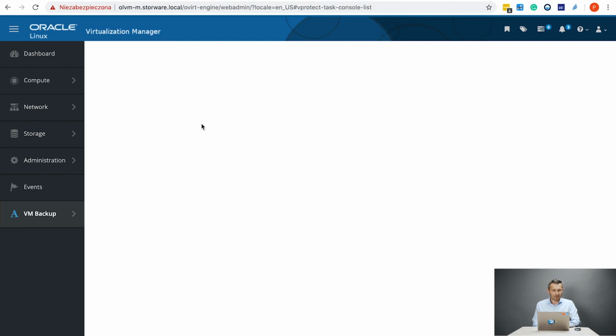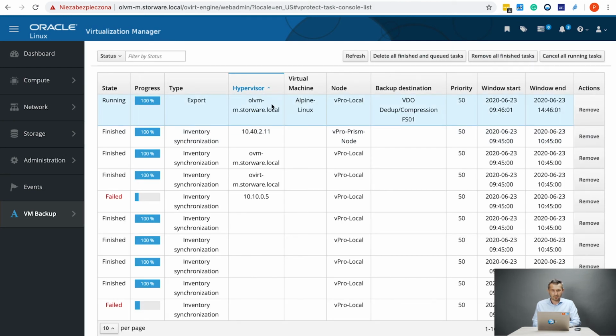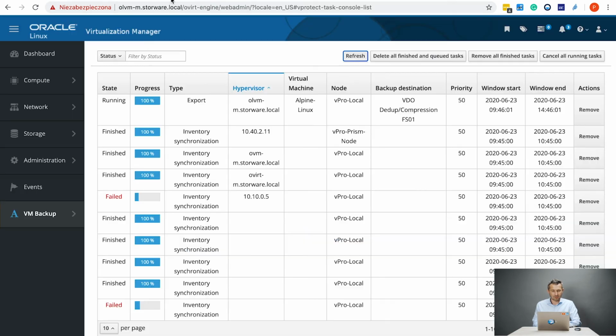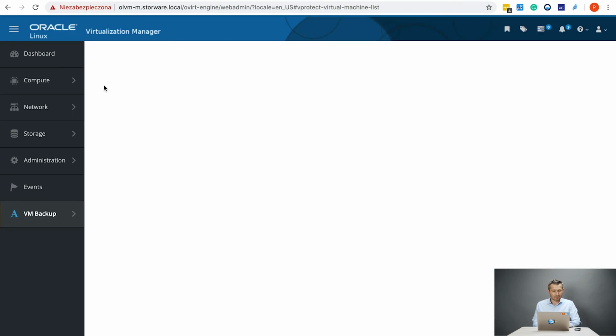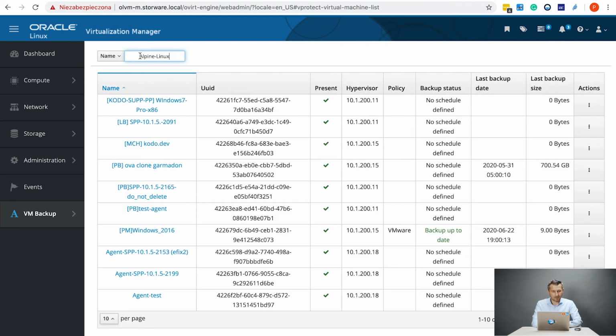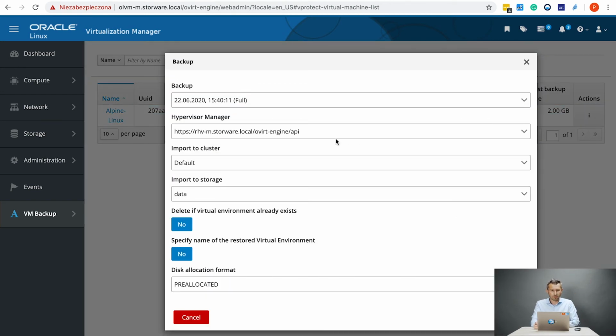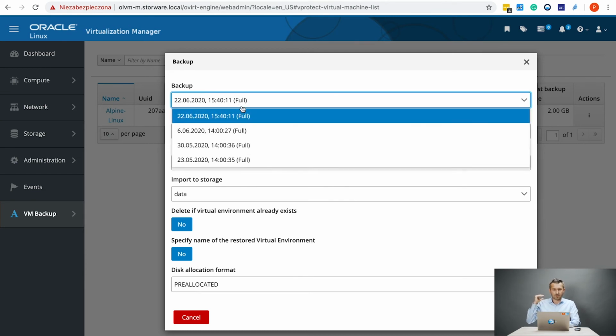So let's come back to our tasks. There we go. You can see that we finalized the export. Let me see the same in vProtect. So in a second it should be stored. So let's also do the restoration to show you how you can not only do on-demand or scheduled backup, but also reach and restore your machine in case of any data loss or, let's say, disaster recovery purposes. So when I click restore, you can see the different types